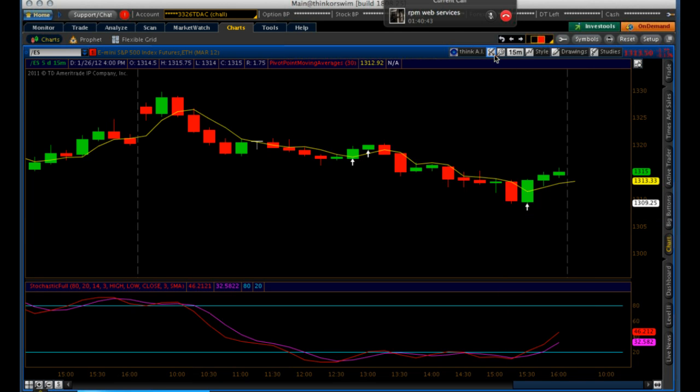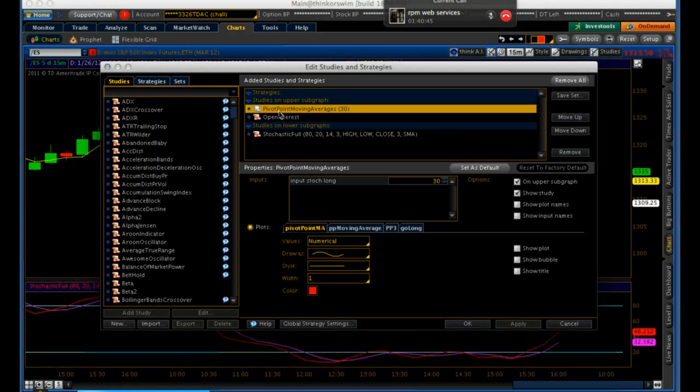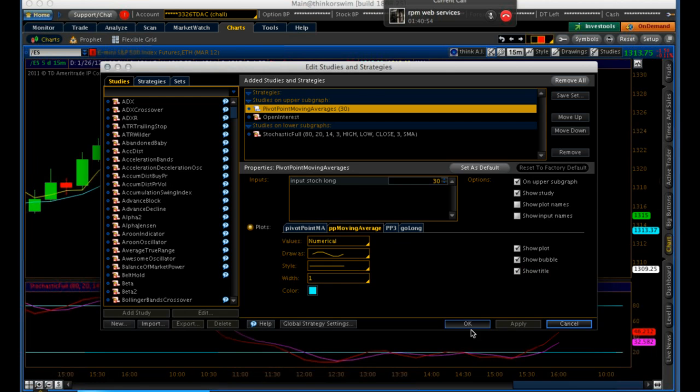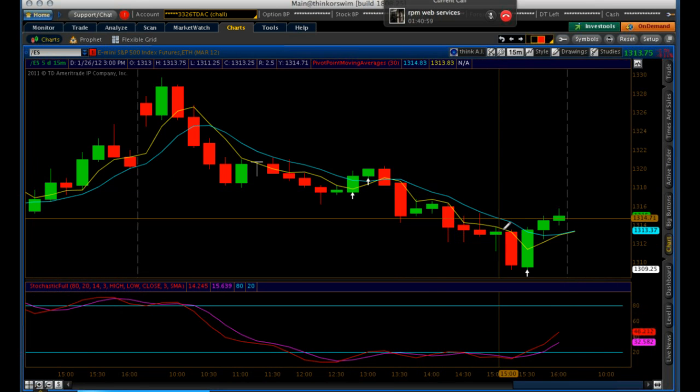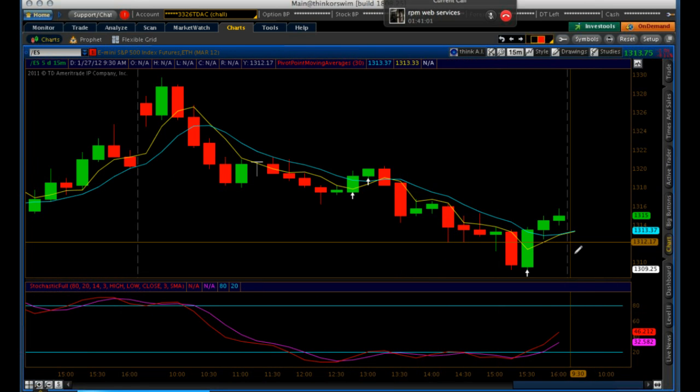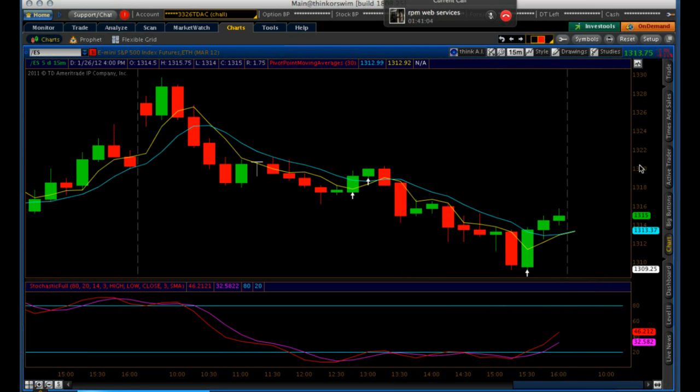Okay, so now on my pivot point moving average system, I want to add in my own little thing, which is this teal line. This teal line is the 3-period pivot point moving average plus, I think, the 5-period exponential moving average system combined. So you're combining